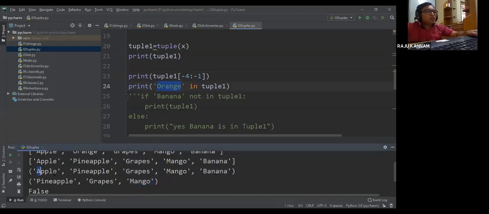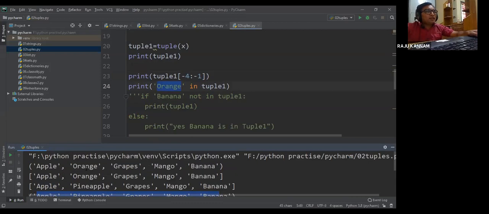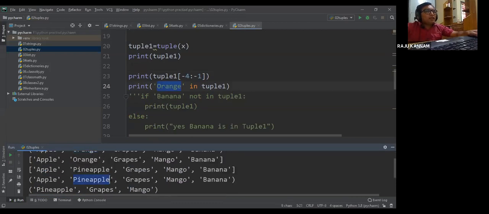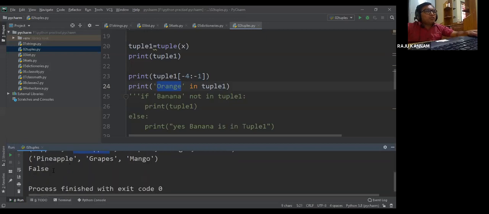Earlier it was there, but by using the list we changed it to pineapple. Now there is no orange, so it is giving false. Okay, hope it is fine.